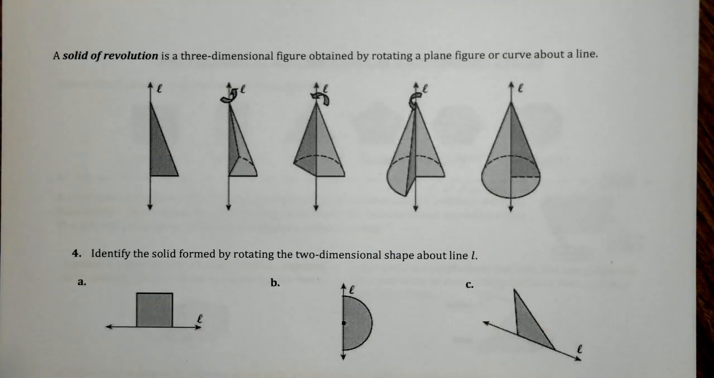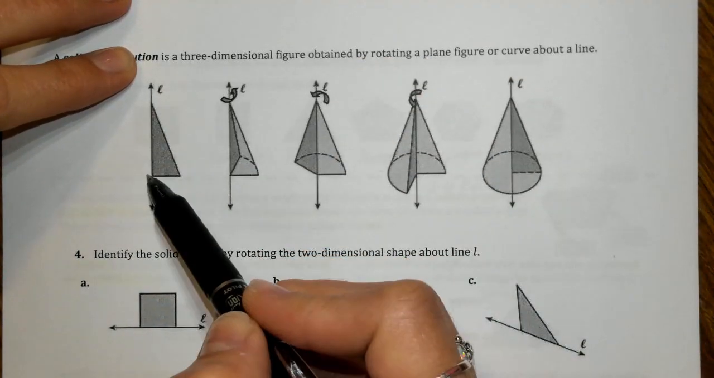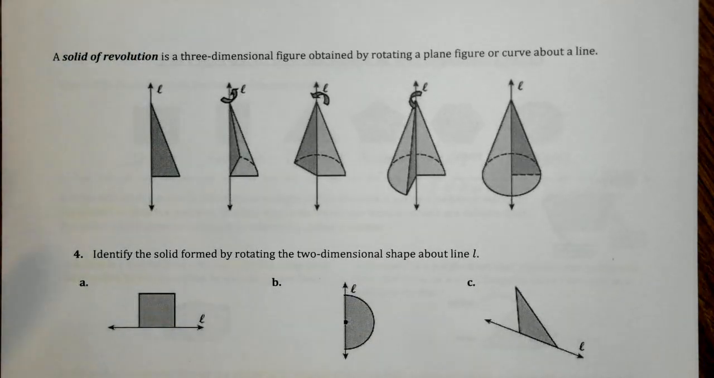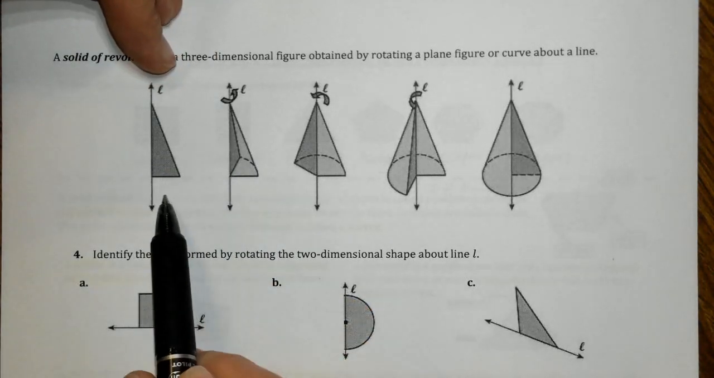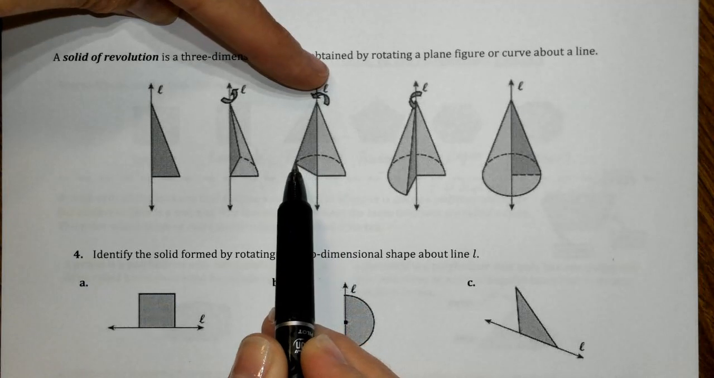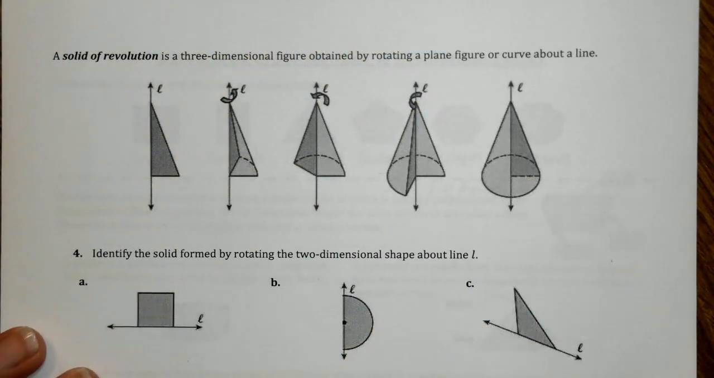The last thing we're going to talk about are revolutions. A solid of revolution is a three-dimensional figure obtained by rotating a plane figure. So right here, here's this line. We've got this triangle, and we're going to curve it around. So we're going to be going around this line. And you can see the start of the rotation, we're starting to see a base form right here. And we're seeing it keeps going around, keeps going around, keeps going around,